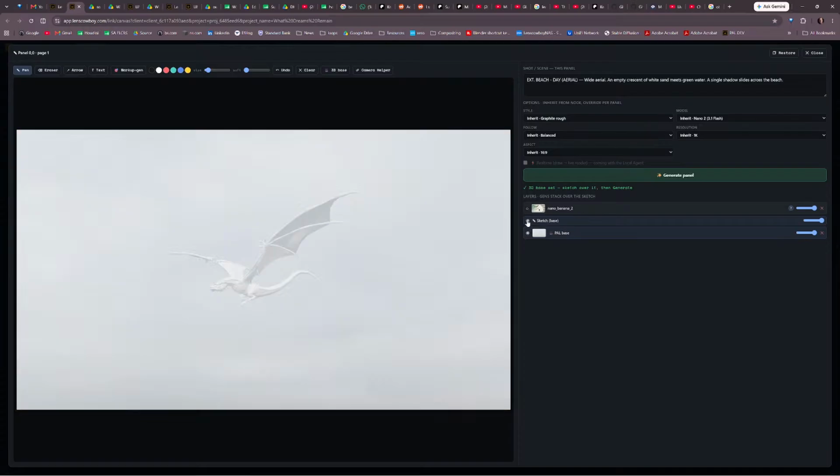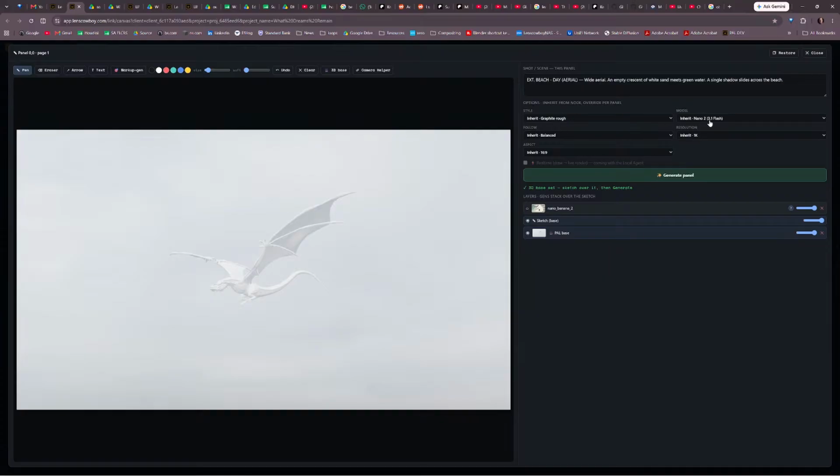And what you've got now is this base at the bottom. On top of that, you get a sketch base. So you could sketch over this if you wanted to, but I'm using a mouse, so it's a bit clunky. Anyway, let's clear that. I'm just going to use the sketch base, and what it does when you generate now is use the sketch and the 3D base together and send that as a call to the